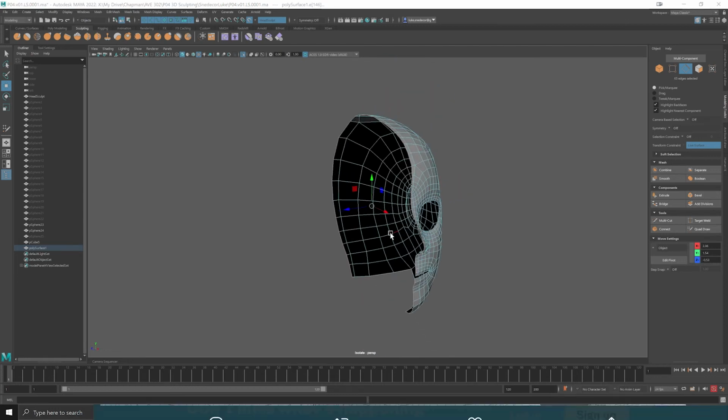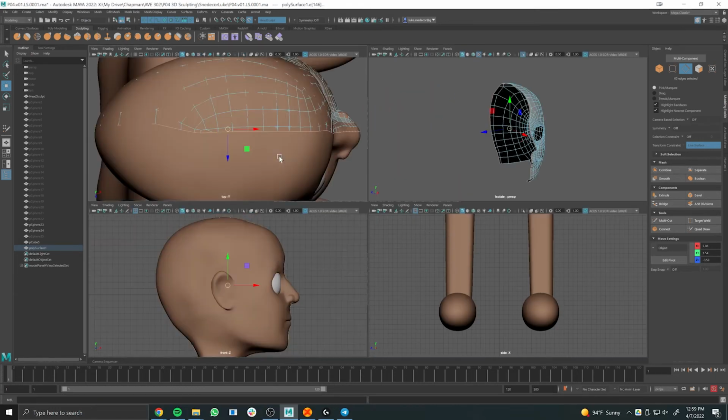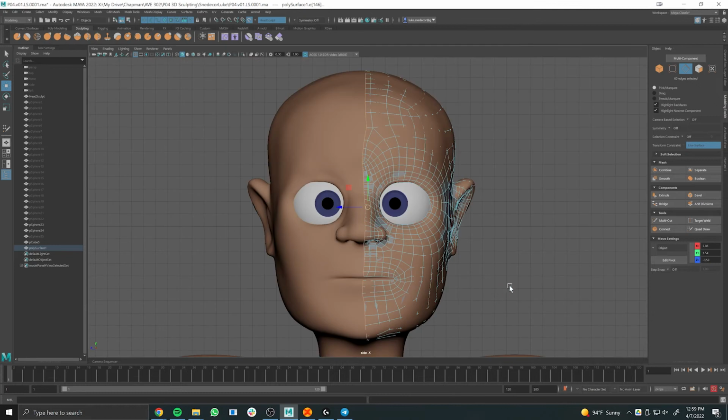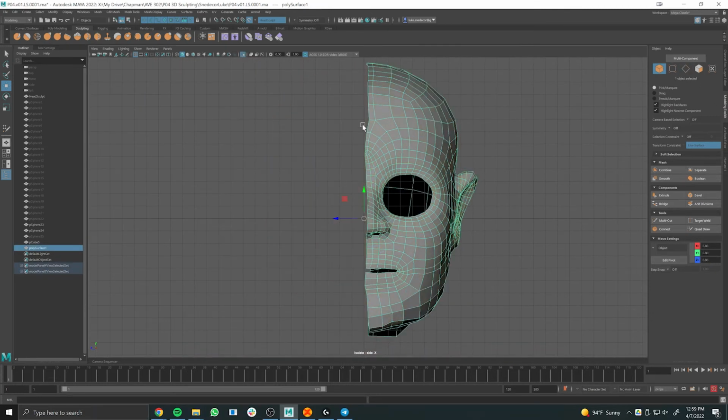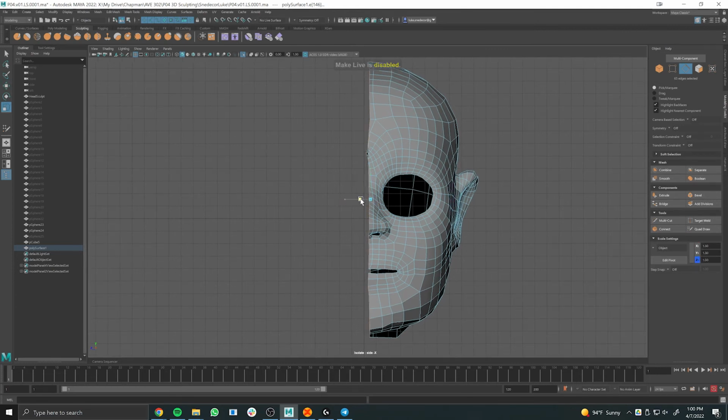Okay, so let's go into our front view. I'm hitting spacebar and F to get there. So let me go back to object mode and isolate this in this view. With that edge selected, I want to flatten it out, so I'll scale and bring it in so that it's all scaled together, and then I'll slide it over. But here's the thing, we still got live mode on, so it's actually getting kind of messed up. So let me turn live mode off. I'll turn off this magnet, and now I'll scale my edge to flatten it out,